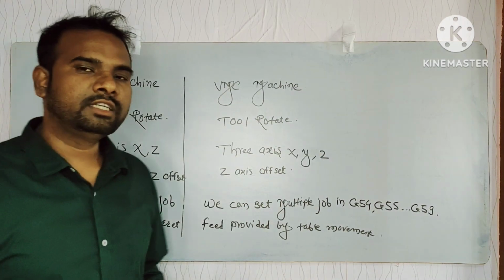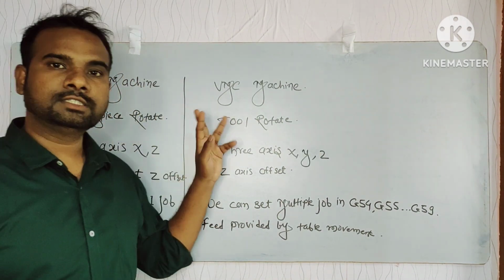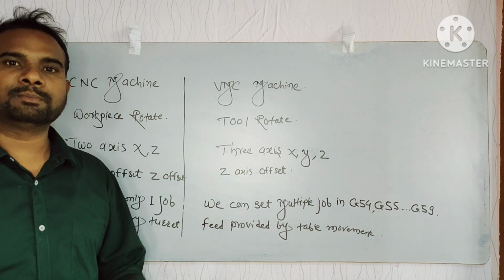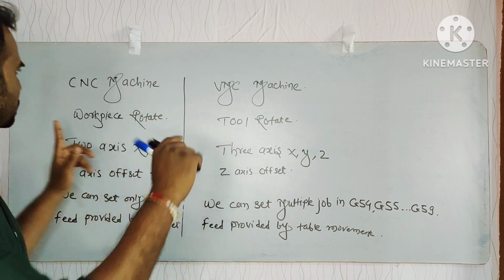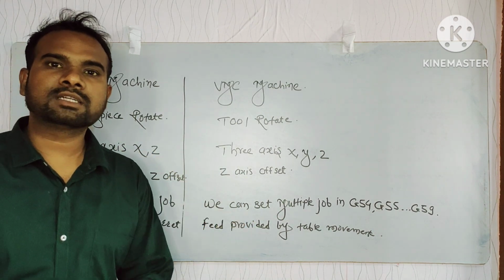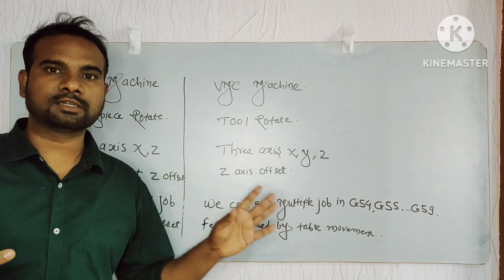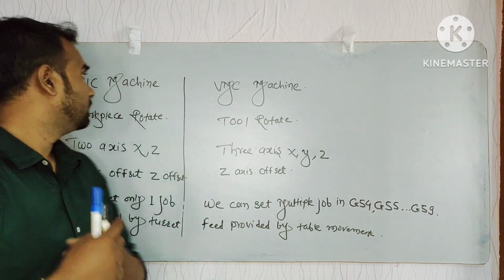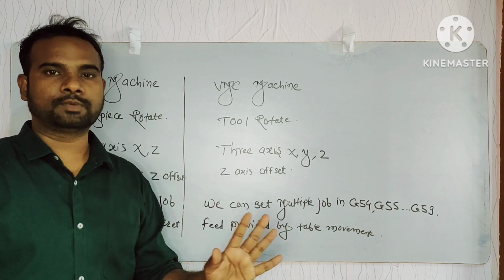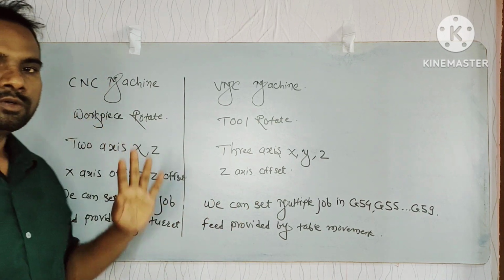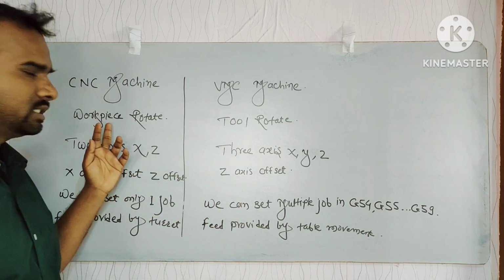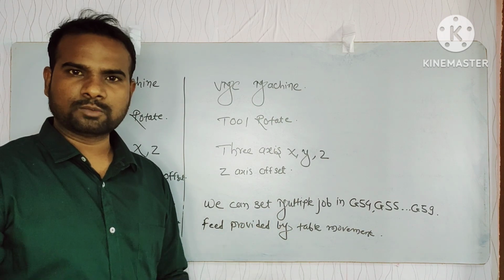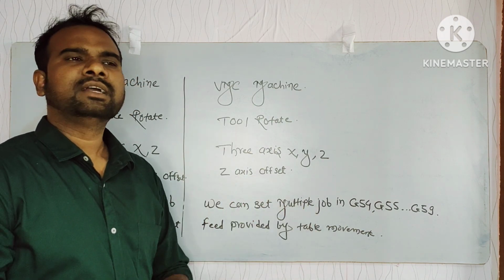Okay, another difference between these two machines is that on CNC machine we can only manufacture circular jobs. Sometimes by using the 4-jaw chuck we can hold square or rectangular pieces also, but the operation that can be done on that job is only circular operation. So in short, in CNC machine we can only perform the circular operations which are possible on CNC machine, and most of the time we only hold circular jobs. In VMC machine we can manufacture most types of jobs: circular, rectangular, and any other job.